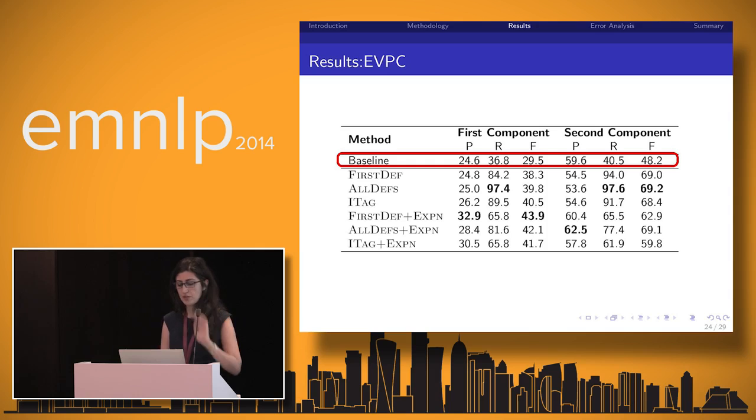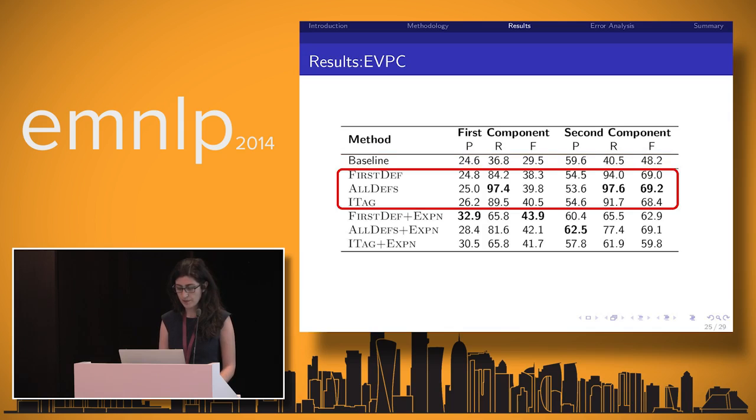So again, we have high recall for this, and the precision is kind of comparable to the baseline. And when we add the definition expansion, the F score is improved for the first component,